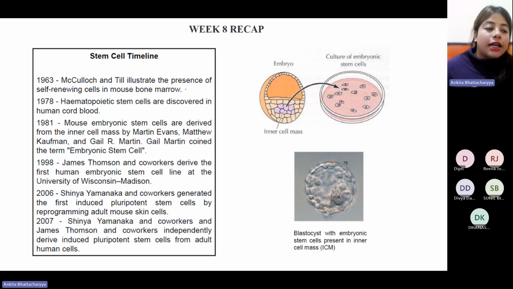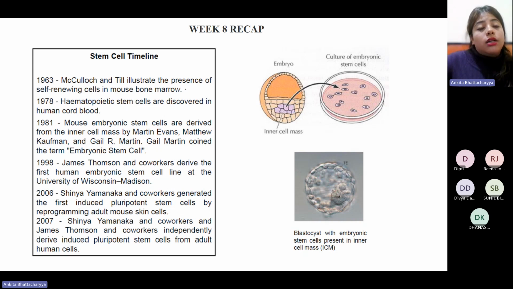Like I just said, if an individual suffers these kinds of damage, where there's retina damage or inner ear damage, then under these circumstances, that person's own stem cells can be utilized for regeneration and restoration of those functions. So within the cord blood, hematopoietic stem cells can be observed.